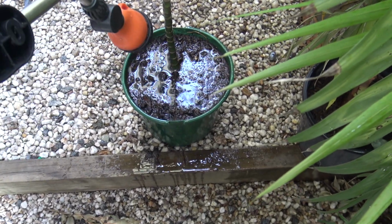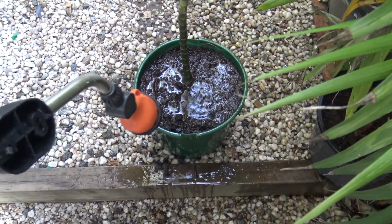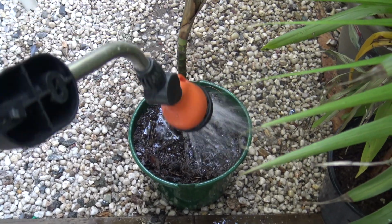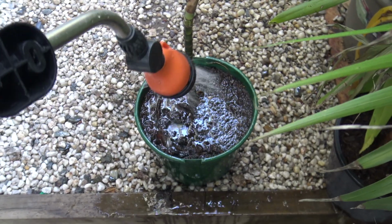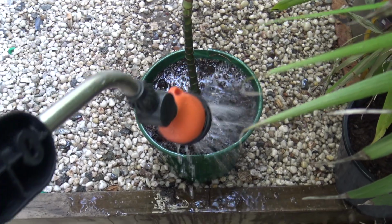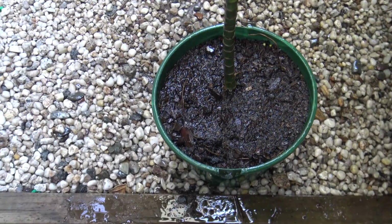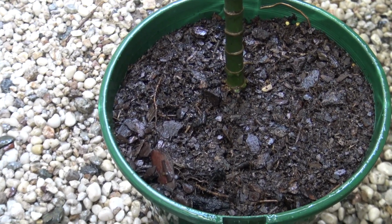It does smell, and I don't want the dog to start digging into the pot to try and eat it, because they do like eating it sometimes. So if I water it in nicely, it will half dissolve and then the dog won't try and eat it. There you go. So now that plant's standing up a lot nicer and not a big space at the top,